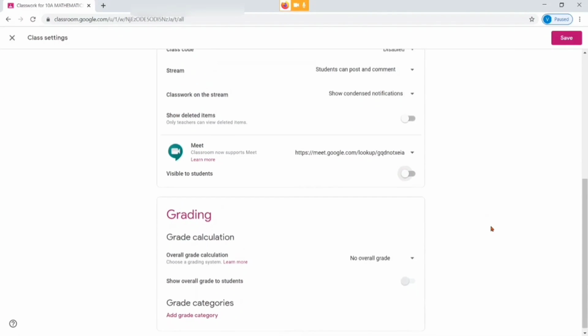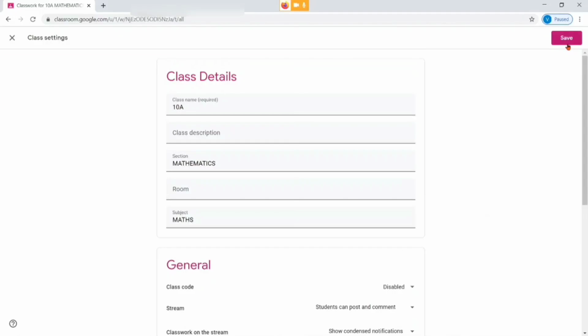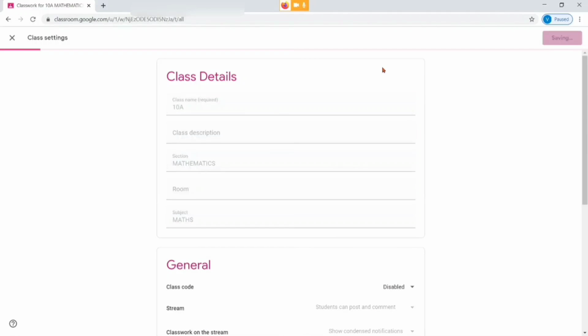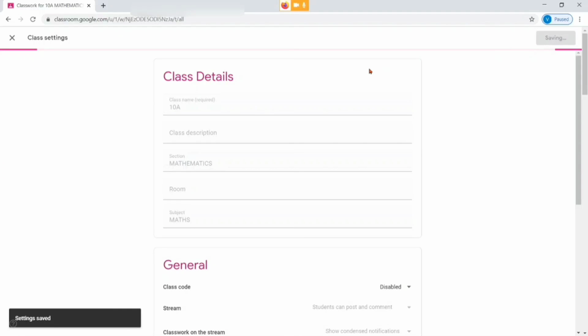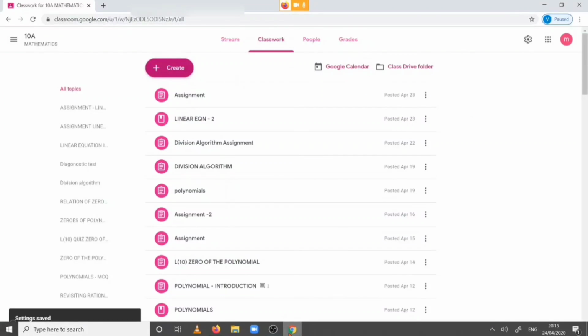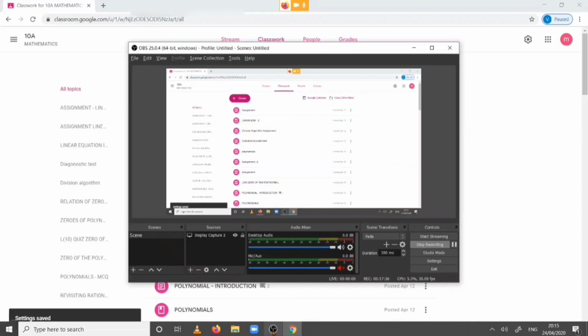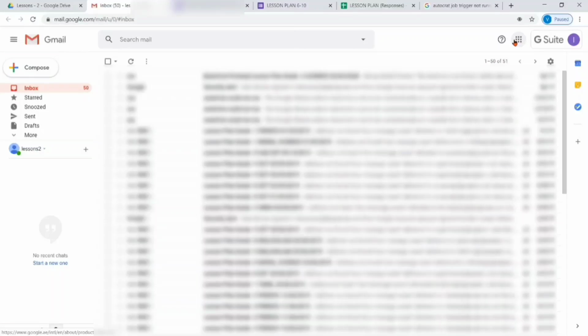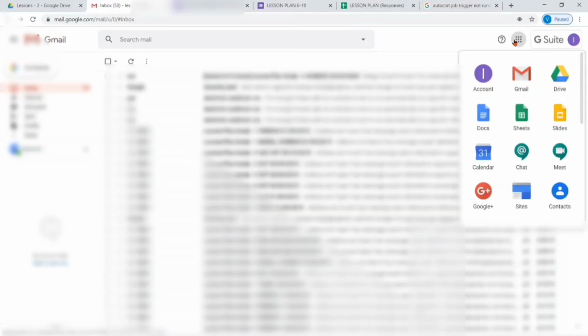So in order to schedule your meetings, you have to use Google Calendar and schedule an event in Google Calendar. In order to reach Google Calendar, there are a couple of ways, and the easiest is you log into your Gmail or Google account, and on the right hand top corner you will see 9 small squares, and by clicking on the squares you will get an option of Google Calendar.